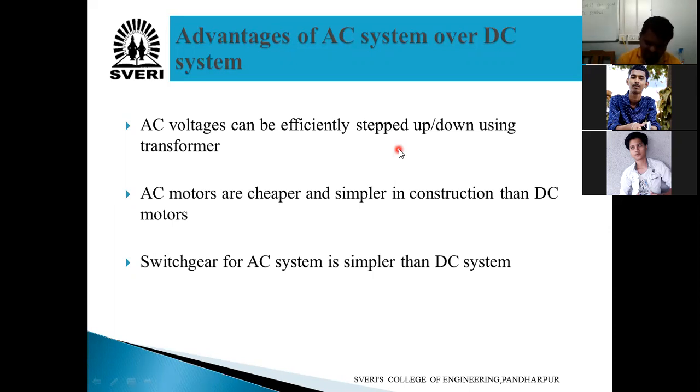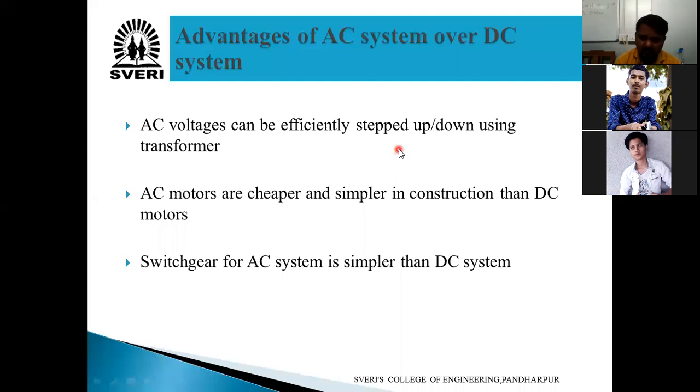Yes, sir. DC motors are available, but in your houses everyone is getting AC supply, nowhere is DC supply coming. If we take a DC motor, we first have to do the DC conversion and afterwards fit the DC motor. For that reason DC motors are not going to be available in the market, because everyone is using and familiar with AC motors only, because AC motors are cheaper than DC motors. In your houses, first of all, we are not getting DC voltage. We will not get DC supply at home.